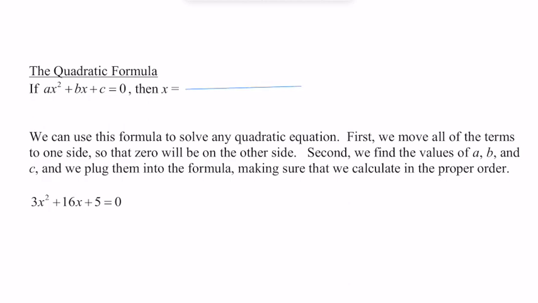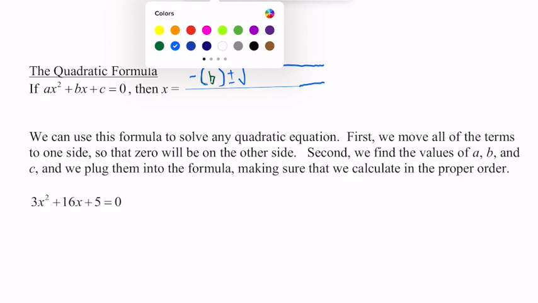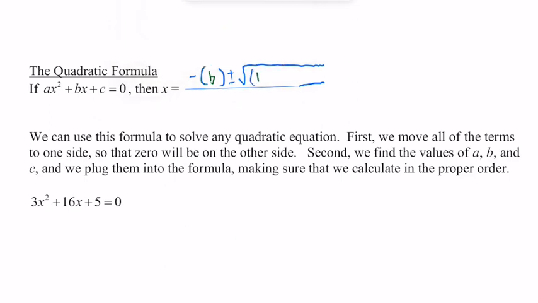We would have x is equal to, and in the numerator, we have the negative of b, plus or minus the square root of b squared minus 4 times a times c, all that over 2